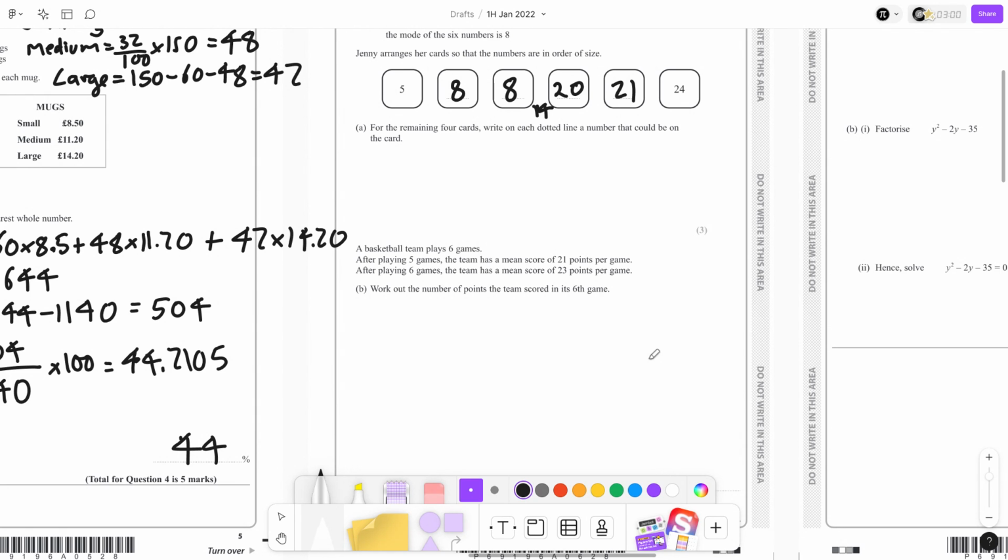Basketball team has 6 games. After playing 5 games, the team has a mean score of 21. After 6 games, it has a mean score of 23. Work out the number of points scored in the 6th game. So we're after the total from the mean. So the total after 5 games